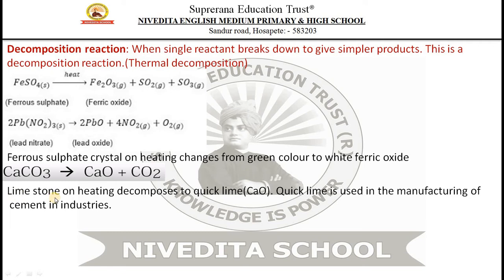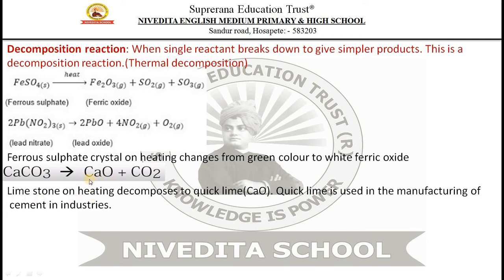What is limestone? Limestone is a soft rock in nature, and calcium carbonate is also the chemical formula for marble. You know marble. So calcium carbonate. So what do you do? Calcium carbonate powder on heating decomposes to calcium oxide and carbon dioxide gas is released. So this is again, what is this? Calcium oxide is quicklime, right? So this quicklime has huge industrial applications. The cement that we use in a home for construction and for so many other works.